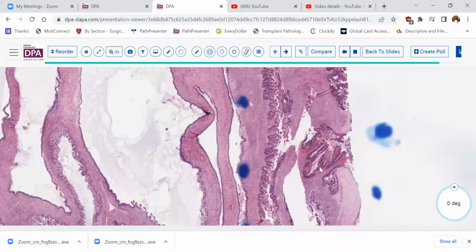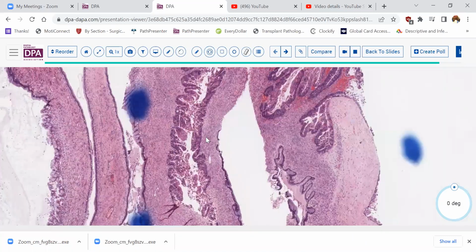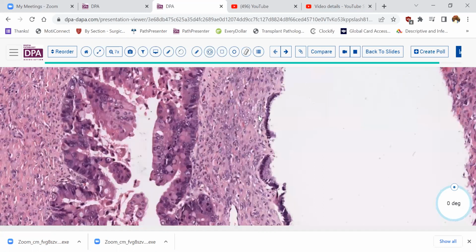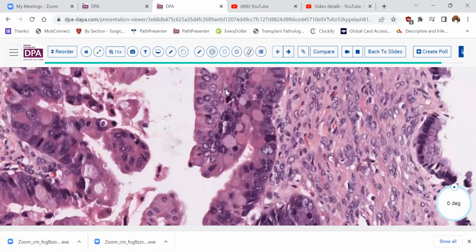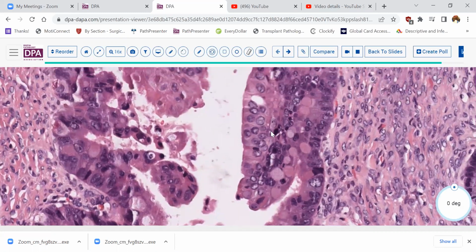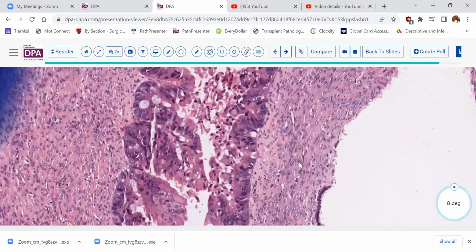Here, I've dotted the area over here. And here, I think you can see that we have more nuclear pleomorphism. Look at the variation in size. These nuclei are also quite rounded, and they have heterochromatin, nucleoli, and variability, as well as you're seeing a few goblet-type cells here,